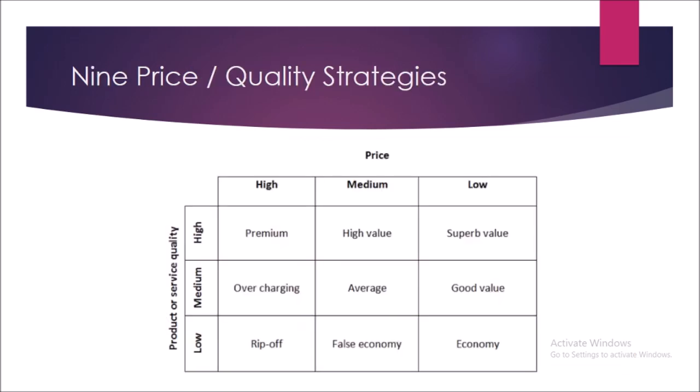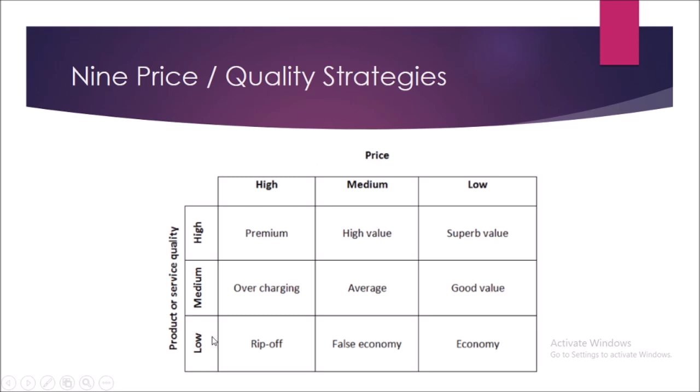Okay, with 9 types of prices, we can see 9 types of quality strategies, right? There are 9 types of pricing strategies, right? So what are these 9 price and 9 quality strategies? When it comes to this depiction, you can see the product or service quality is low, right? But the price is still high. That is where we call it the rip-off condition, because the price is high but the product and service quality is